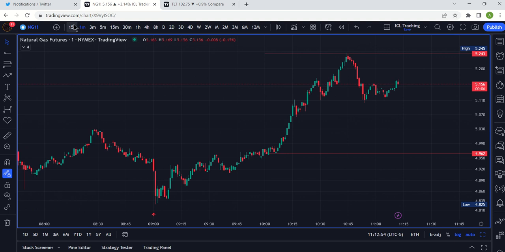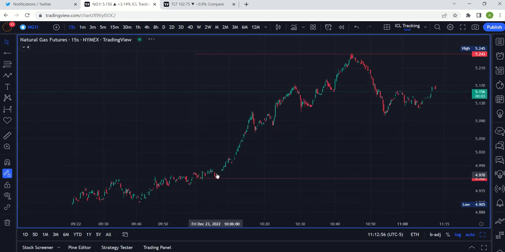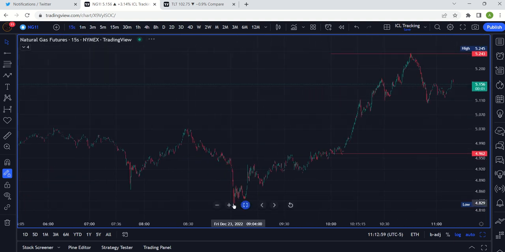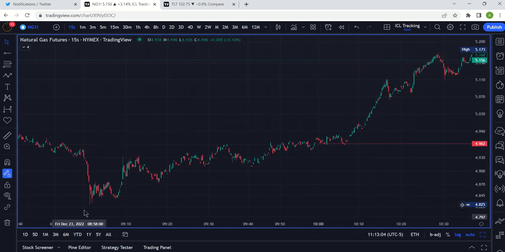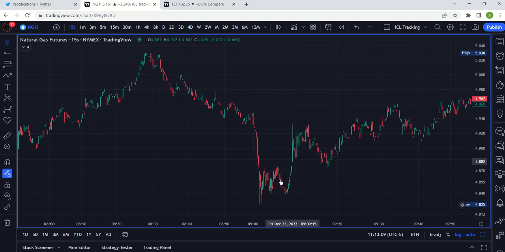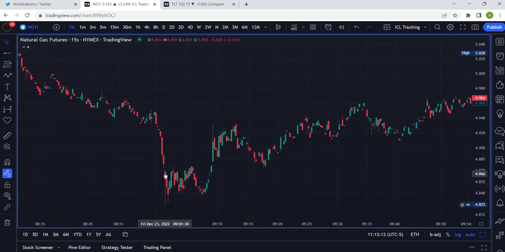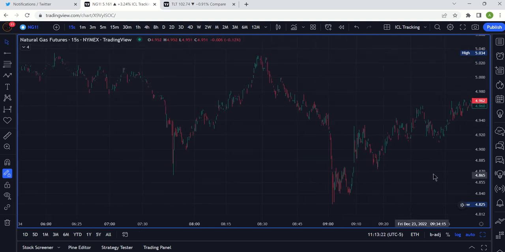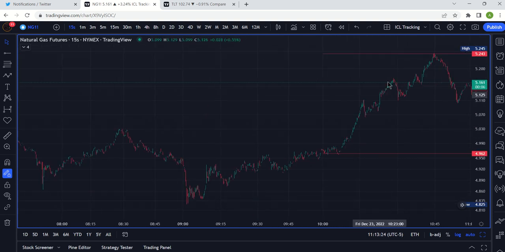What if we just got really crazy? This is your 15-second candle, right? And as we said, it happened at 9:01. So it looks like we got that low within the first 15 seconds of 9:01, right? It's this candle right here. Now, this is obviously very chaotic action. Here, each candle is 15 seconds. This can be useful to see structures building in real time because you can see more of a trend. This is still more of a range, even down to the 15-second chart.